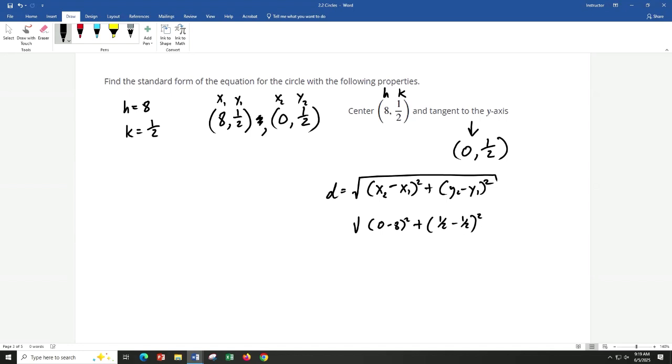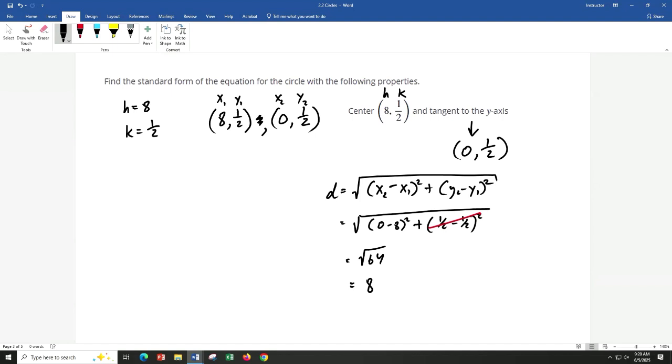Well, I think we all know what's going to happen to that one. What's 1/2 minus 1/2? That goes away. Okay. Then we get 0 minus 8. That's just going to be -8 squared, which is just going to be the square root of 64,